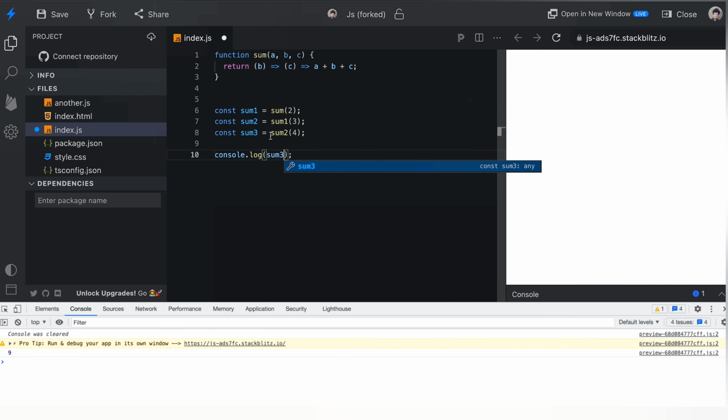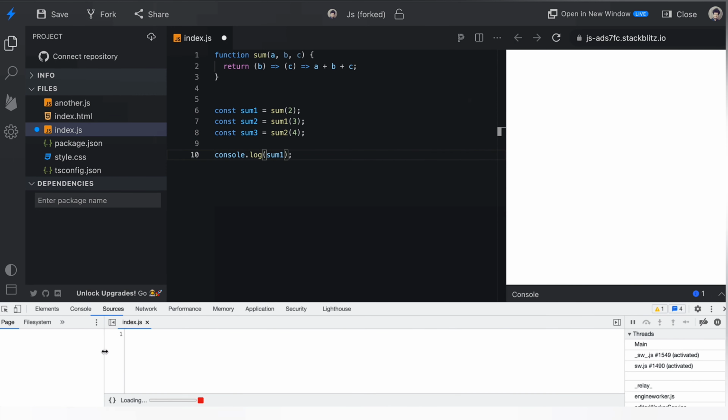Okay, so as per the closure, for the first step, we are assigning sum2. It means that it returns the inner function from here to here. Okay, so whenever we call it, it just provides another function. Okay, so let me show you one by one. Suppose that I'm just printing here, you can see here that it passed the function.